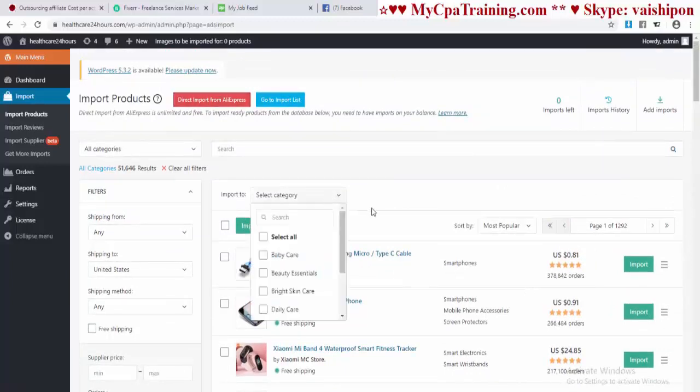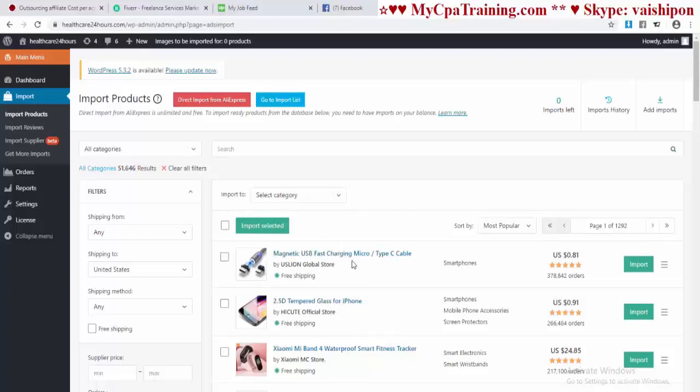You can select import to. From here you can select categories. For which category you want to show the product, you have to select from here, and you can import products